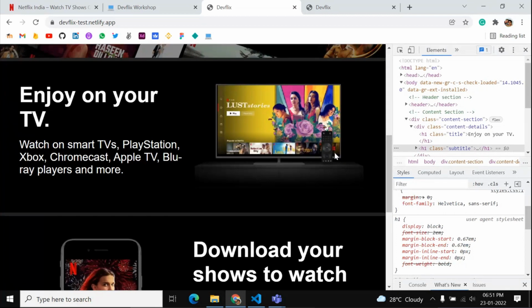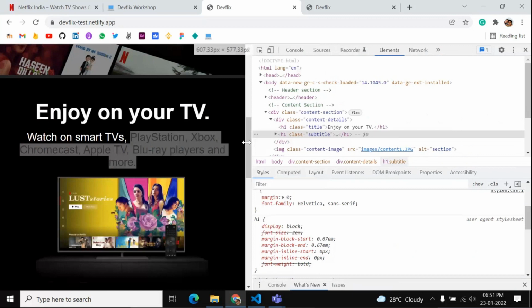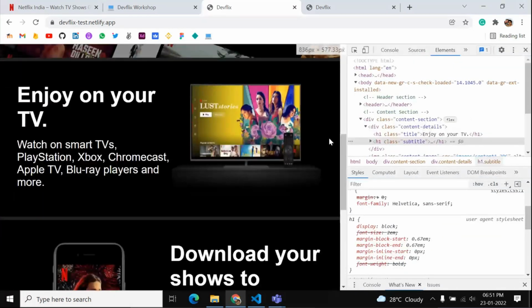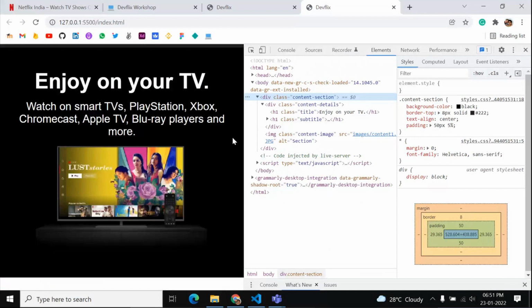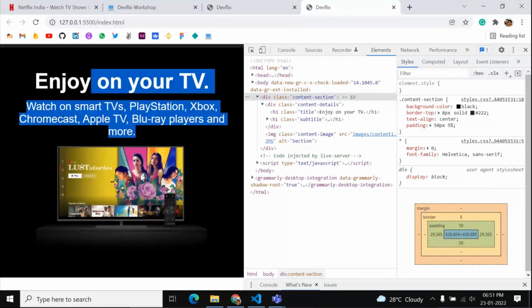First, we have this image shifted to the right side of this text block. Earlier it was below this one, now it's shifted to the right side. And I guess we should also change the padding. We want our elements to be arranged differently. Now we have the child elements, which are this content details div and this image, and they are arranged in